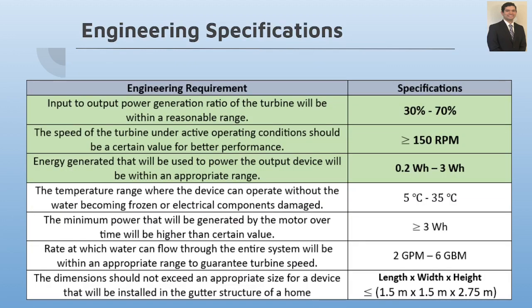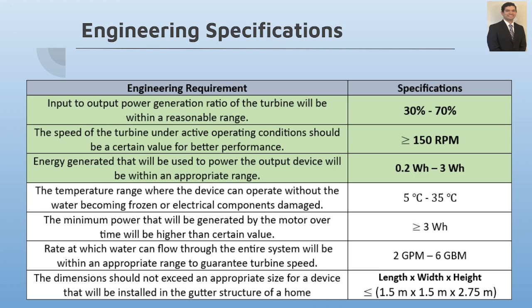Now let's see the engineering specifications of this project. The three specifications that we're going to demo are turbine speed, turbine efficiency, and the output power generated for the external device. These three specifications will be calculated from the data gathered from the sensors and will be displayed on